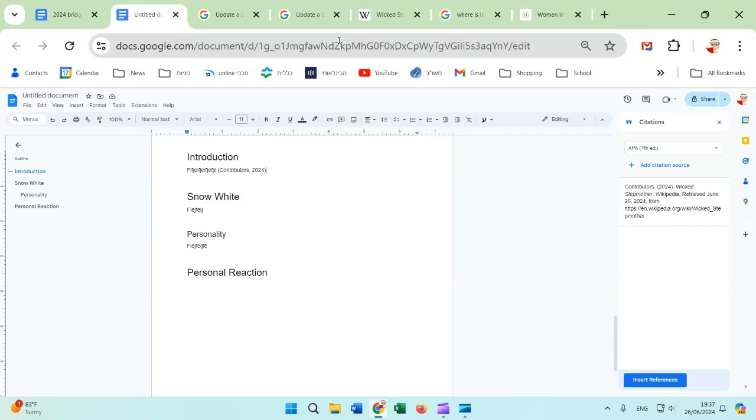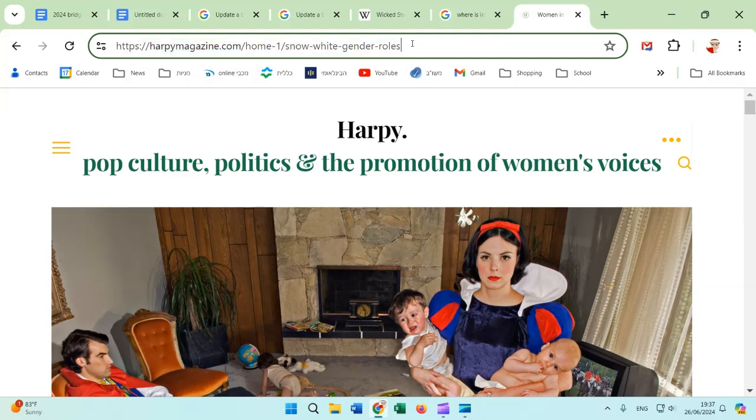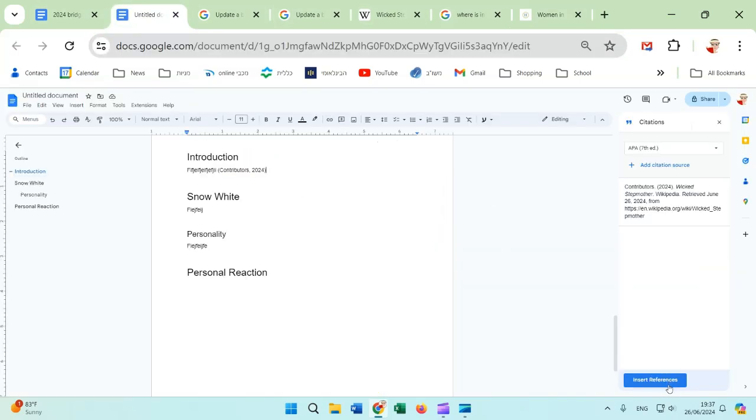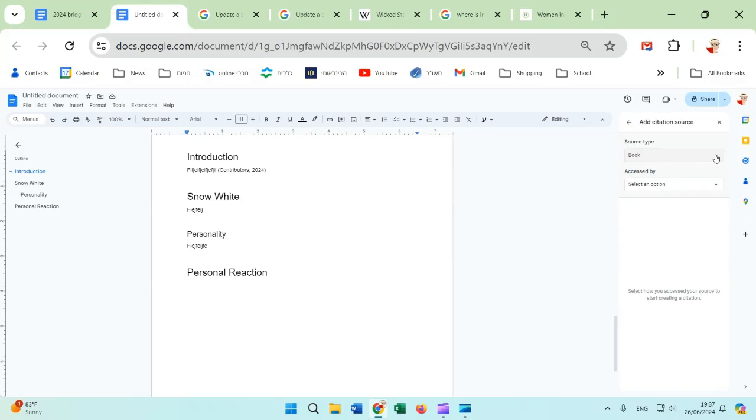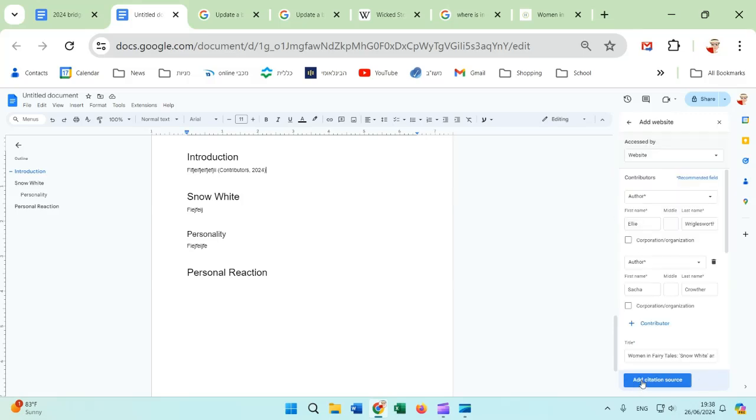Now let's do another one. Remember we had this Women in Fairy Tales, so I'm going to just take the URL and copy it and go back here. I want to do add citation source, and again it's a web page, and I'm going to put in the URL, and I'm going to do search, and there it came up with all the information for me. I didn't have to type in everything by hand, and I write continue. Okay, and then